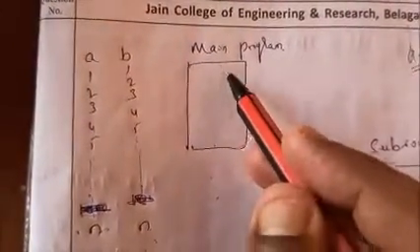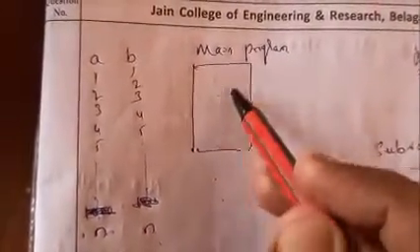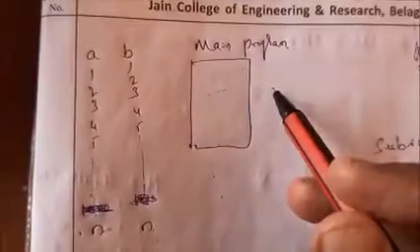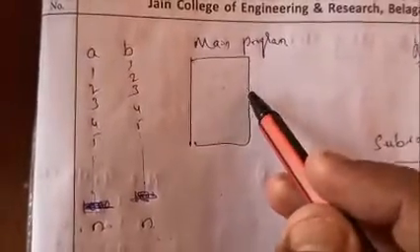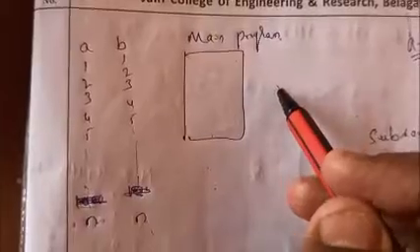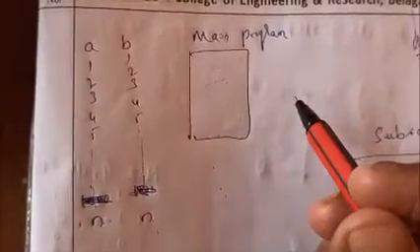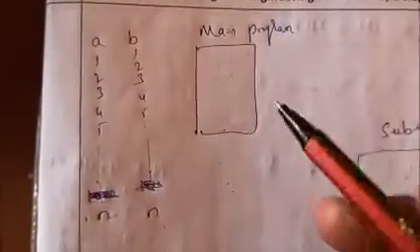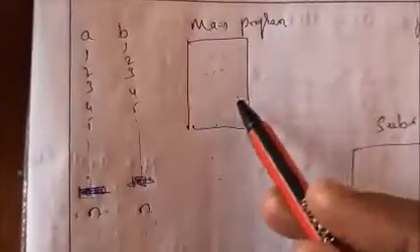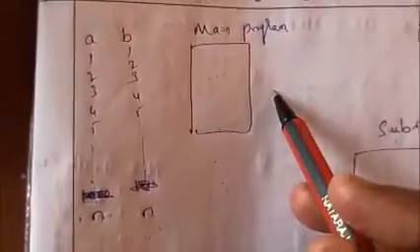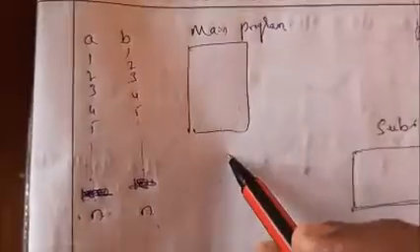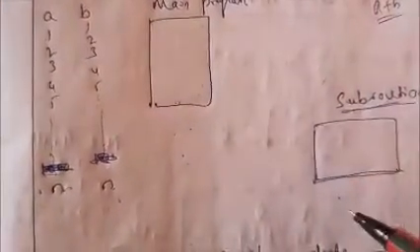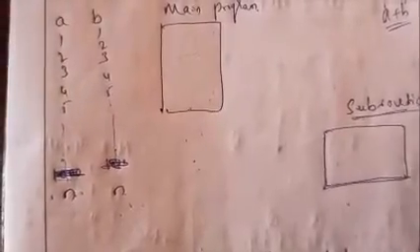So the length of the program becomes bigger, and you unnecessarily waste memory space. This is also not a smart way of writing the program. In order to overcome this type of issue, we use the concept of the subroutine. A subroutine is nothing but what we can call a function or procedure.